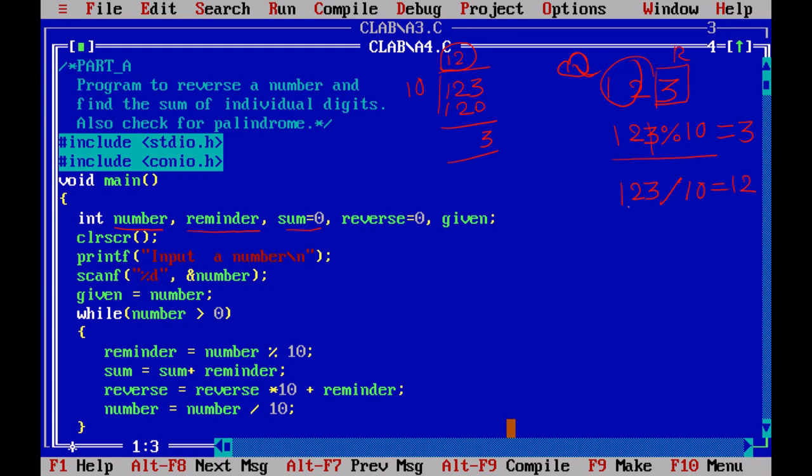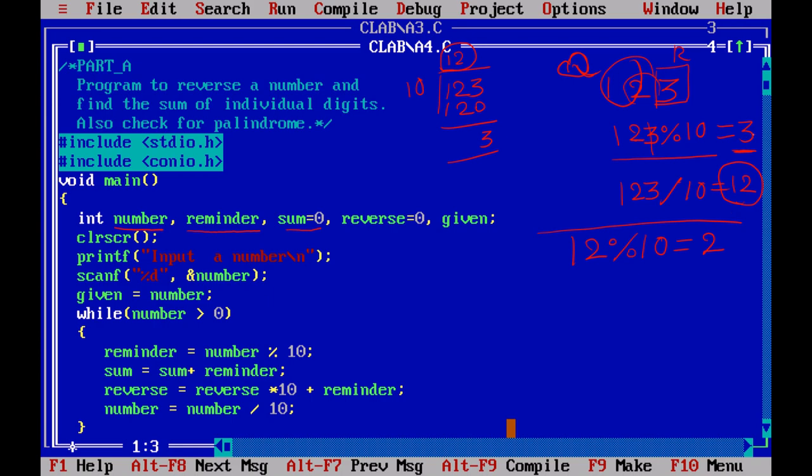Got it? Now I have this 3 and this 12. What is the next digit I have to read? 2. So once again, 12 mod 10, the remainder is 2. So I'll be getting 2.